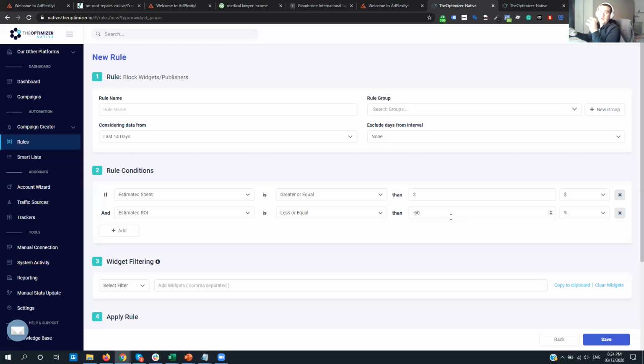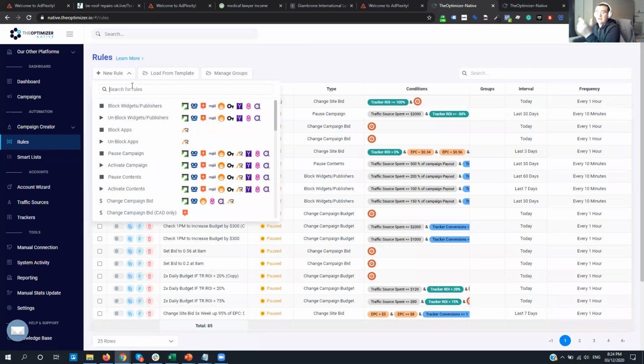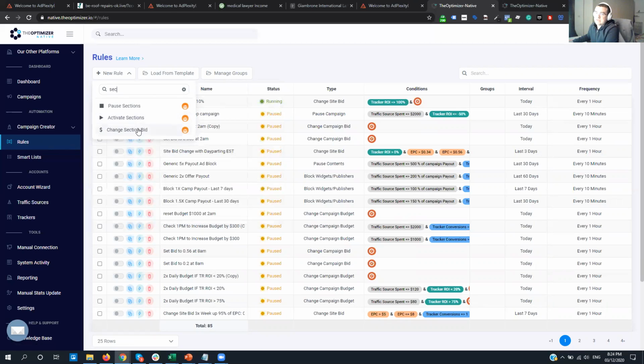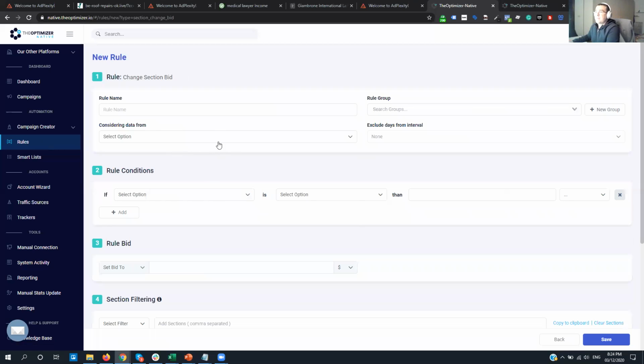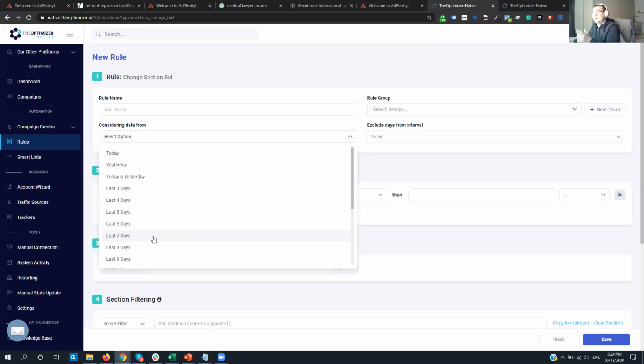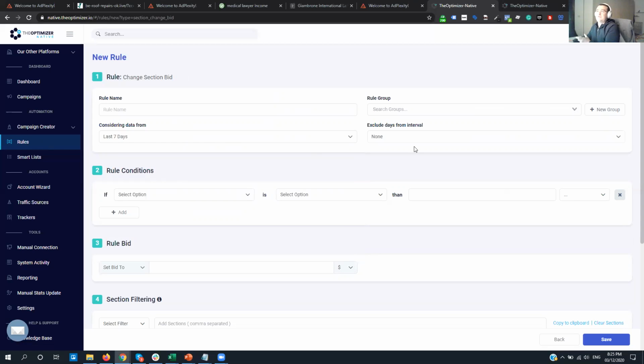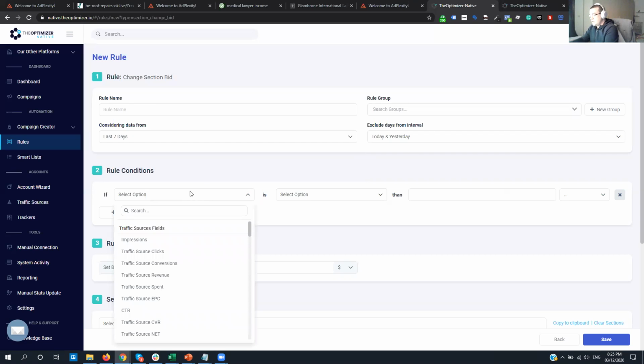Then you can start working on the bid change on the site level or section level. Let's take Outbrain in this case, and let's do some section level bid changes. So what we would like to do here is take into consideration at least the last 7 days of performance of the campaign and exclude today and yesterday, which means that we're working on 5 days' worth of data. And what we're going to do here is add some